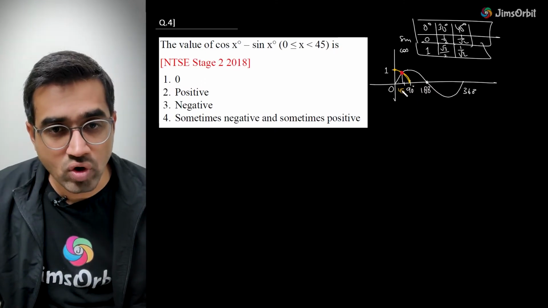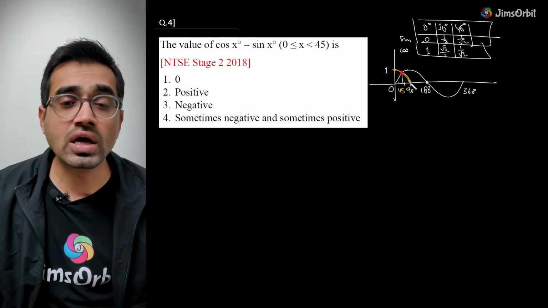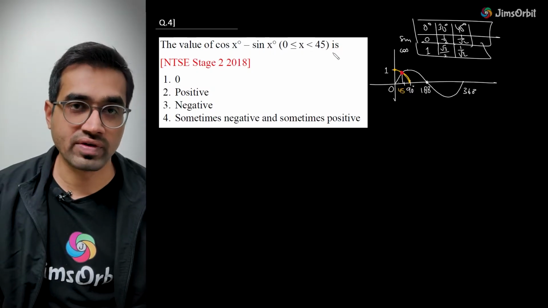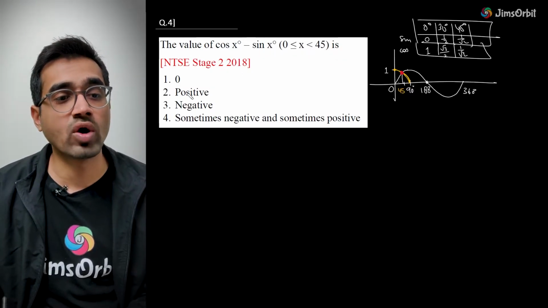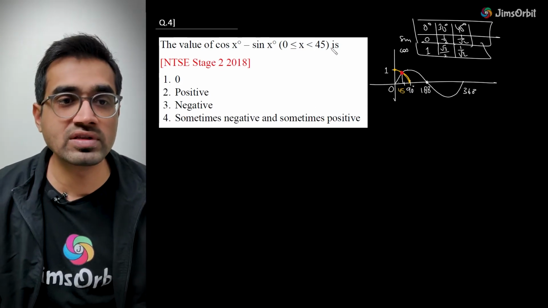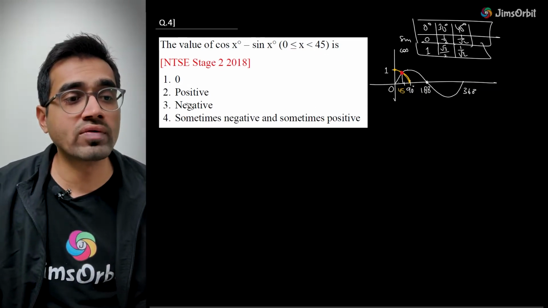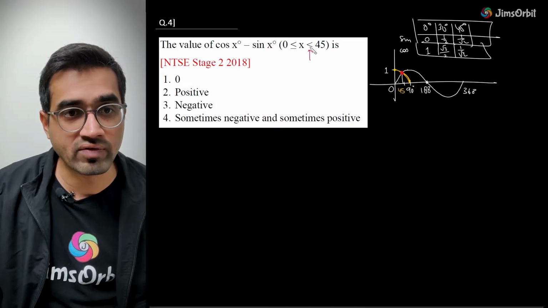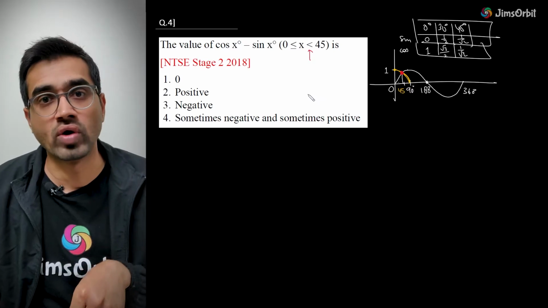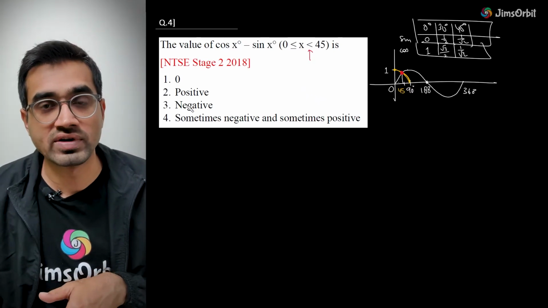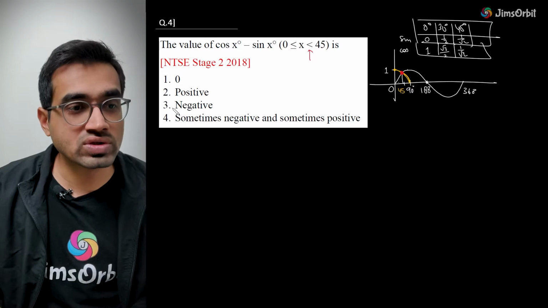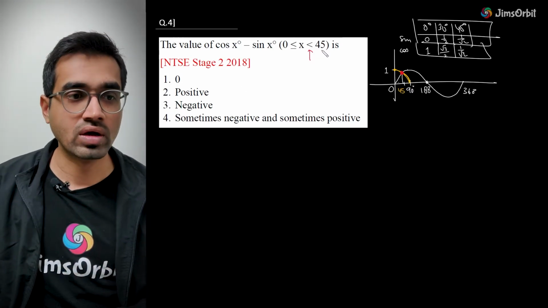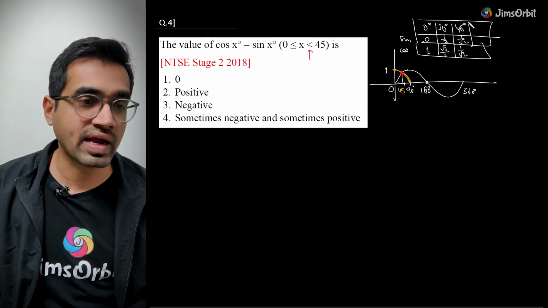So at this value, the cos curve, the yellow curve, is always more than the sine value for 0 to 45. So the value of this is positive. It's not sometimes negative. Between 0 and 45, it's always positive. Why is there no equality here? Very good question to be asked if you are thinking about it. Because then that value is 0 and 0 is not purely positive. It's a non-negative value, correct? So you say the value is positive when 45 is not included, because at 45 the value becomes 0. So the answer we get is that this is positive.